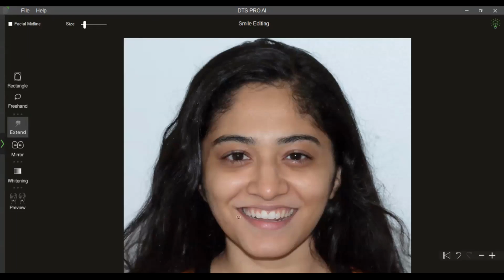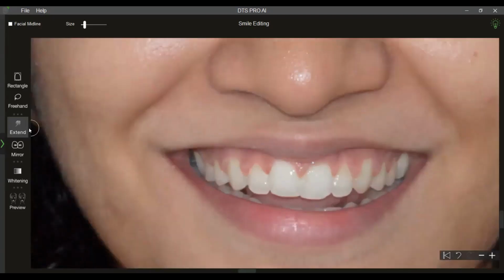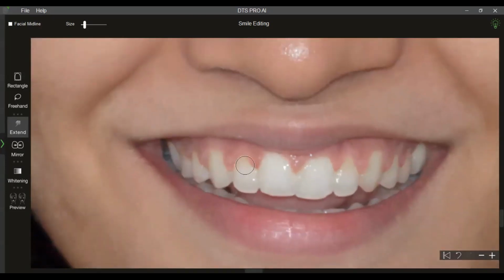Let me come back and use some other tools. So one is called the extend tool. Now with the extend tool, you can simulate. I'm just left clicking and pressing. Left click the mouse, hold the left click and just move in the direction in which you want the gums to move.